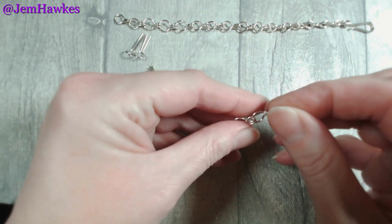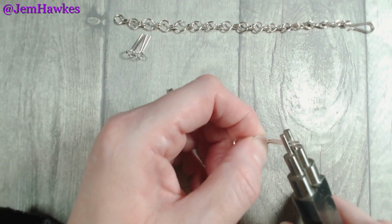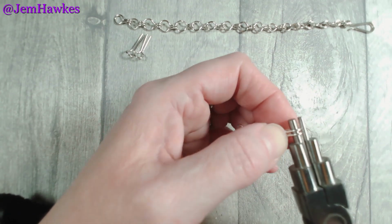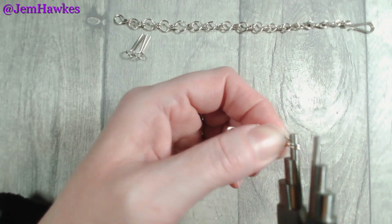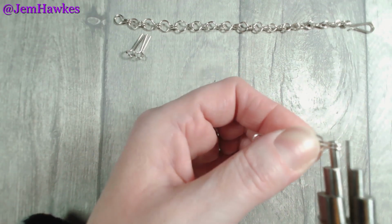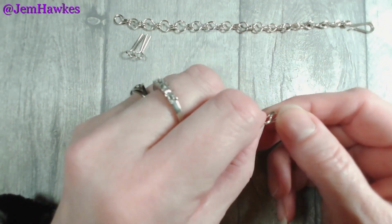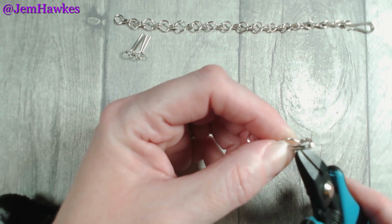So let's flip that over again and use those bail makers. I might try to get that just a little bit higher up to start, rotate that around, and then close that up with my fingers underneath. Remove your bail makers or whatever round form you're using. Might have closed that a little bit tightly, they don't want to get off. There we go. So we're going to have to trim a little bit of wire again on this loop, this